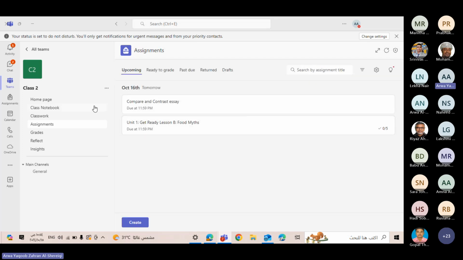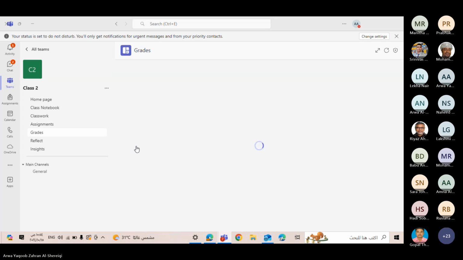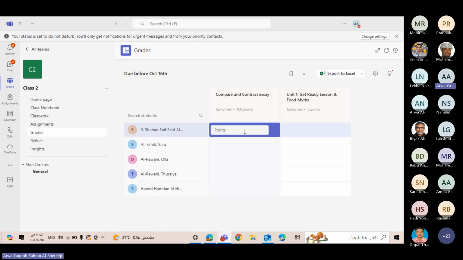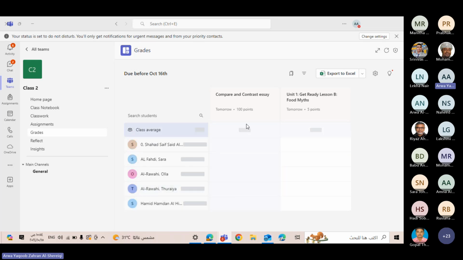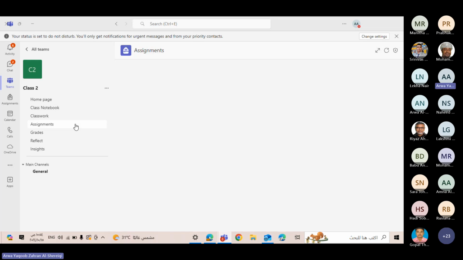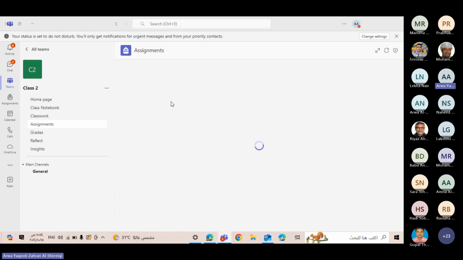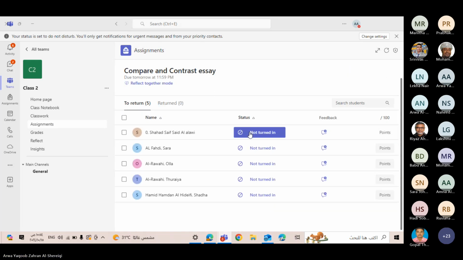and now I want to grade it, I will go to the grades. As you can see, none of my students have done it yet. If you want to know how to grade it, you go to the assignments and then you click the assignment, and then you will have this page. They still didn't turn in, so no submissions. If I click on Shahad,